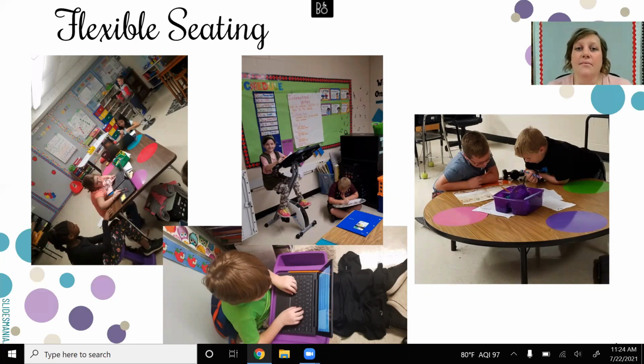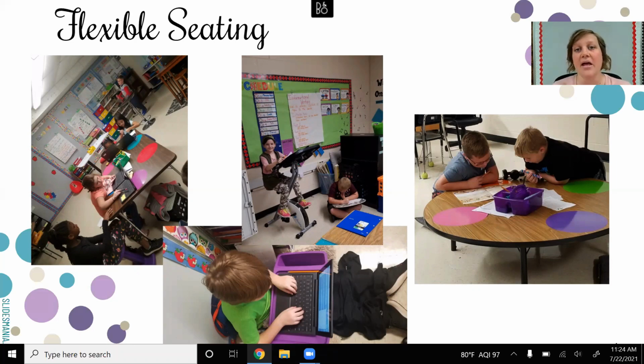But we have students that do like to work alone, so we have those options for them as well. And then the last option you can see is the round table that has been lowered to the ground. These students are sitting on the floor, but they want to work together, so they've got that option to still work there. Now, this does give us an opportunity to incorporate collaboration a lot in our classroom as well, because